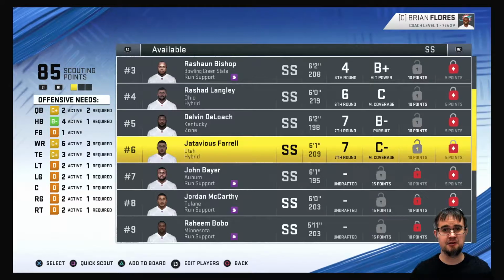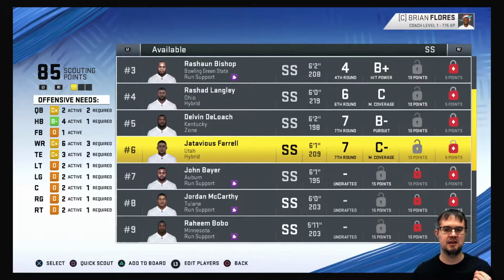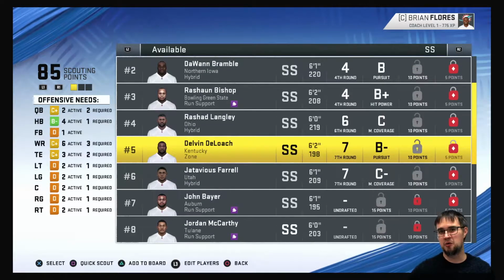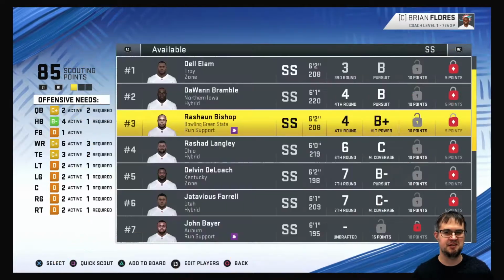Before we get any farther, we're going to talk about the archetypes of the safeties. Both free safety and strong safety use the same archetypes, so that makes it easy. Right now we are on a hybrid, who is a guy who comes down to the box, but he can do coverage, hence the hybrid. He's kind of a tweener. Then you have your zone guy, and since there is no man safety, that's basically your coverage guy. And then you have your run supporter, the guy who plays in the box 90% of the time,